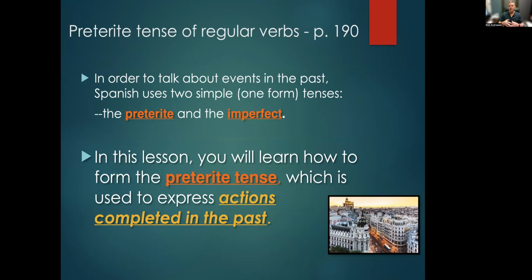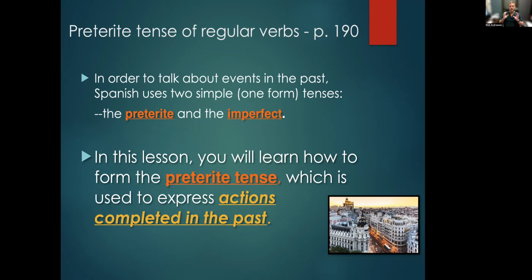But in English, we just kind of say things in the past tense. We add ed to the end of a verb. For example, I watched TV. Then we have irregular verbs, just like we do in Spanish. We don't say I goed, we say I went. We don't say he eated, we say he ate. We don't say I beed, I was or I were. So those are irregular verbs in English, just like we have in Spanish. So we'll get to those.